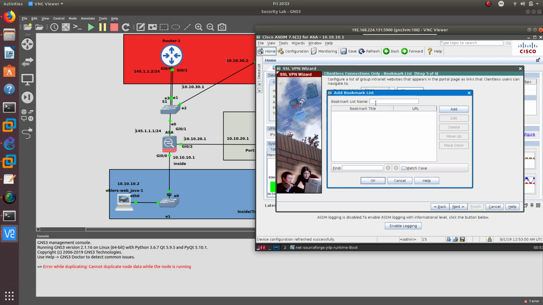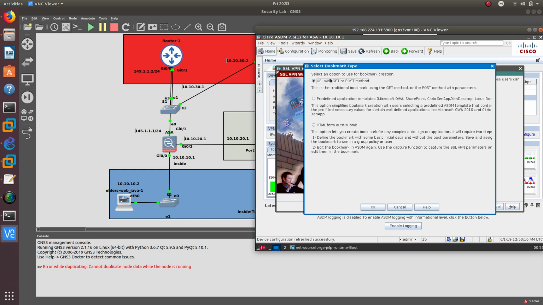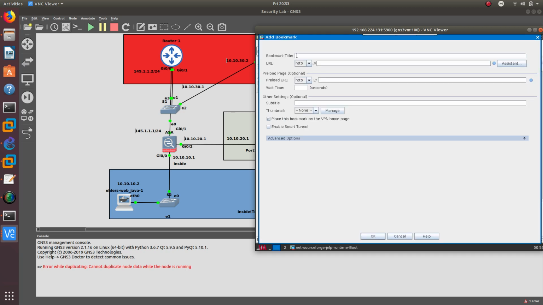And what I want to add over here, let's just call it new bookmarks. Let's go ahead and add it. And we are going to leave this one as default, URL get or post method. Click OK. And now the title of the bookmark that I want to configure is going to be